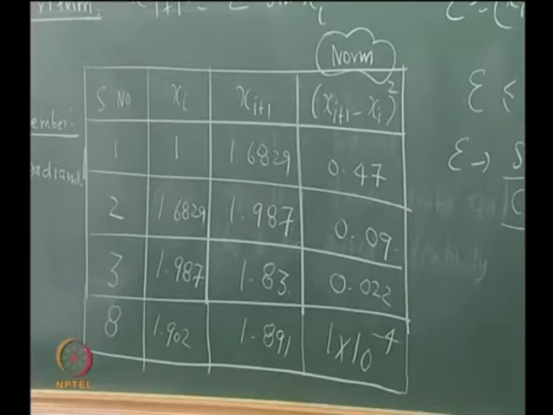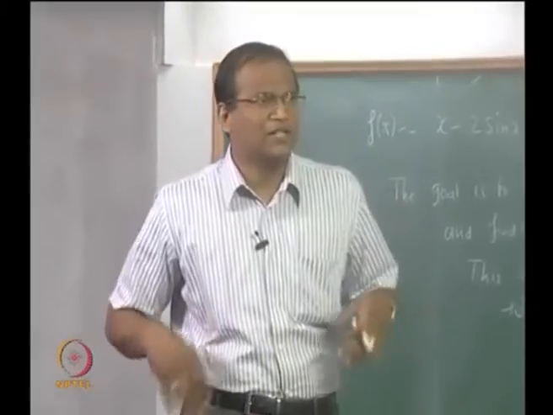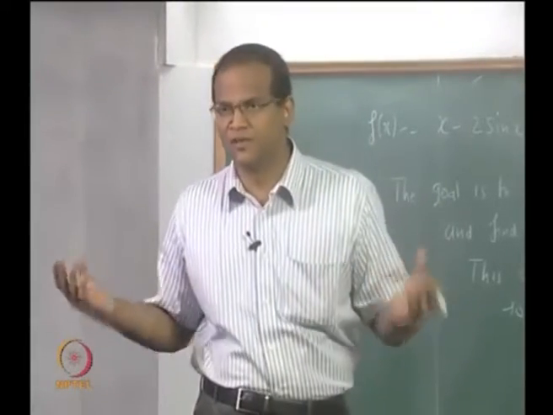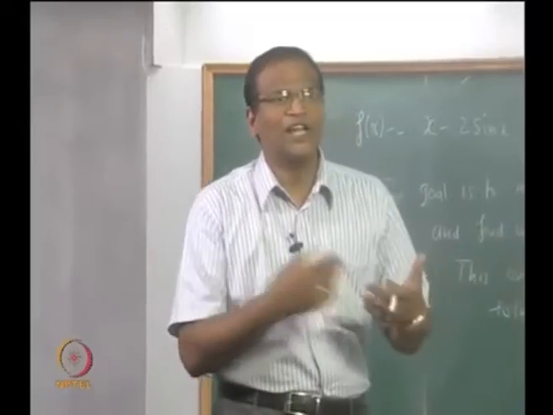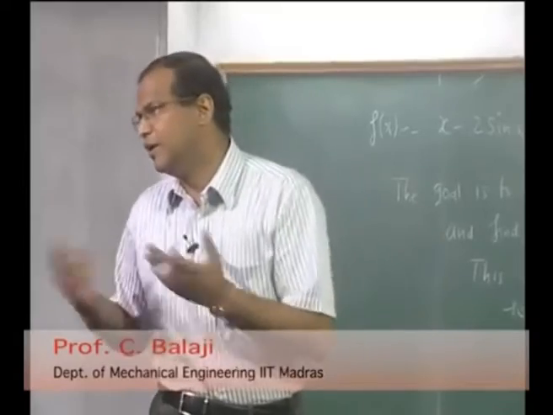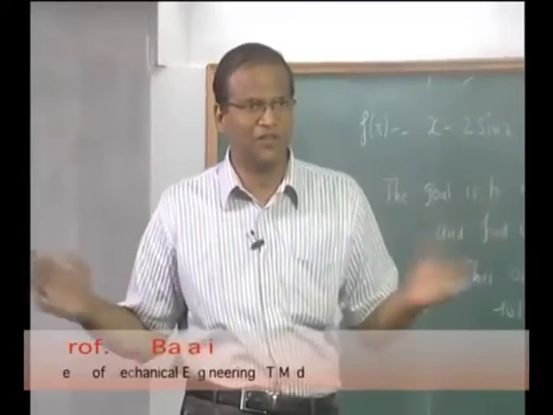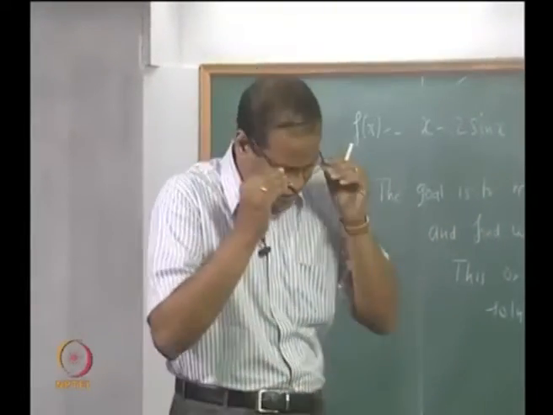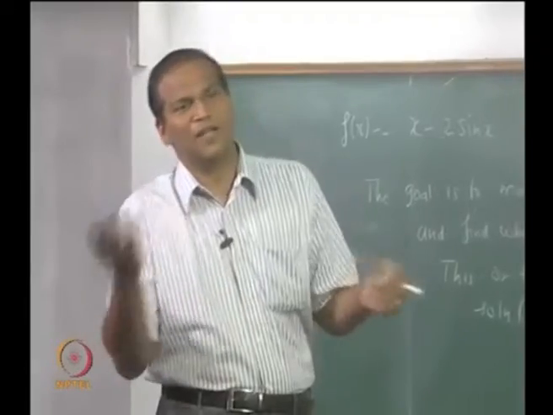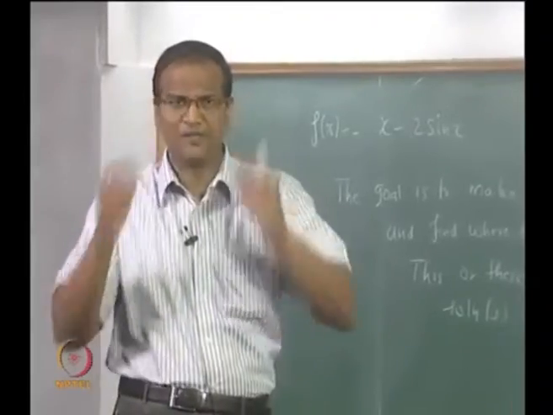As you can see, after a few iterations the method of successive substitution works. But the problem is if there is a function which changes very rapidly, then there is a possibility that the method of successive substitution may miserably fail. When the gradients are very sharp and so on, if you start with a wrong guess, you may end up with a solution which diverges. I mean, we are not able to proceed further. So the method of successive substitution is not a universal cure. It is not a universal panacea where you can solve all problems with this, but simple problems can be solved with the help of successive substitution.